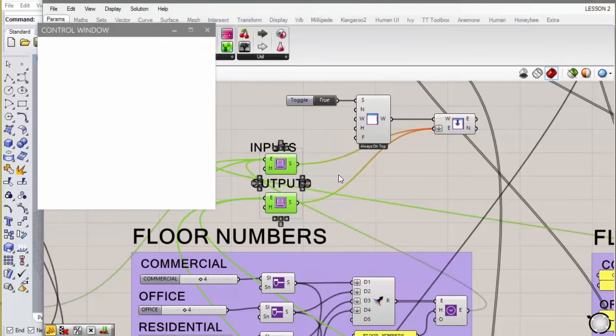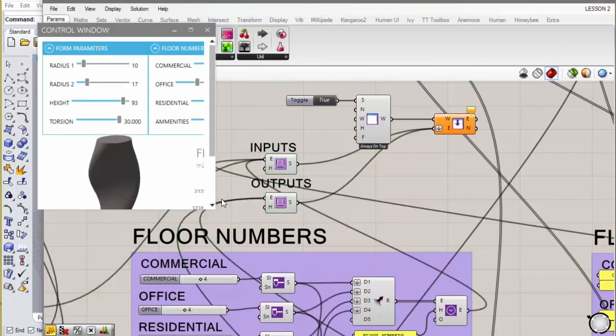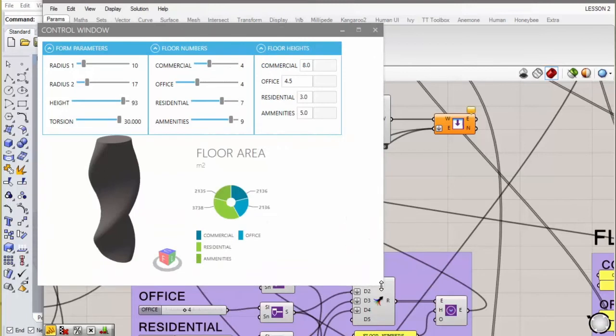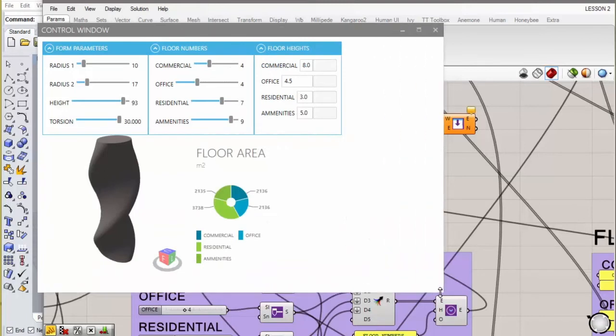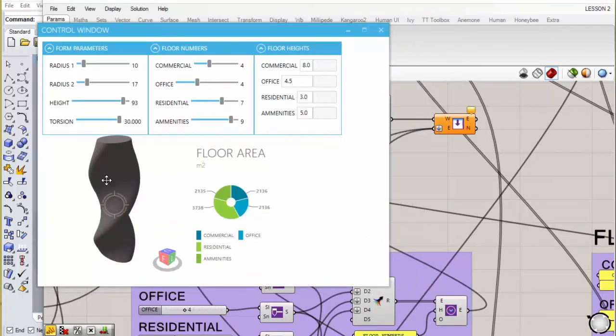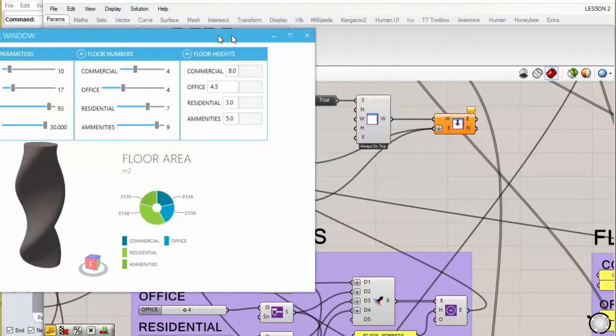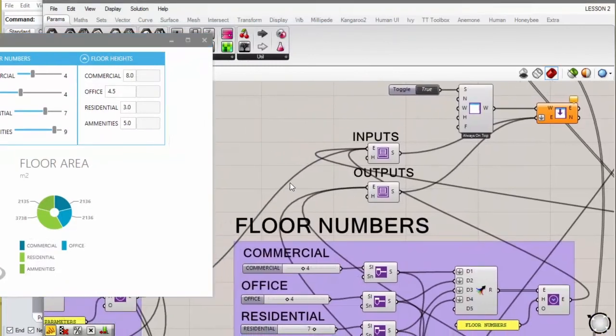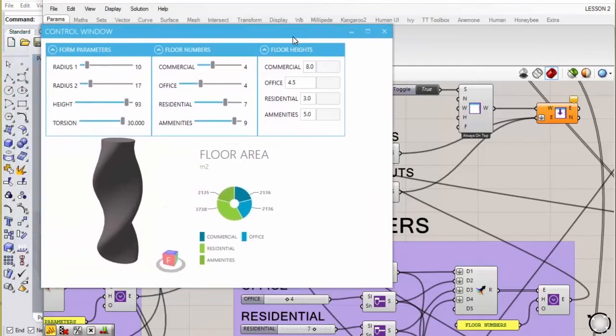So let's enable them. So there it is. Sometimes this requires you to kind of do the Grasshopper version of rebooting the component. So there they are. Now they're stacked horizontally, and then on whatever other outputs that we want, we can just plug them in here, and they're going to be added horizontally to our output.